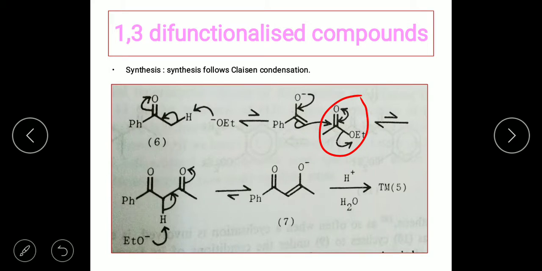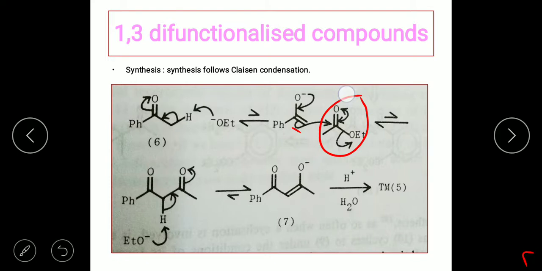Once the ethyl ester reacts with the enol form of the ketone, you can see this arrow mark, it is shown here in a correct way. The negative charge on oxygen moves towards the carbon-oxygen bond to form a carbon-oxygen bond, and the carbonyl double bond is broken to form a bond between the carbonyl carbon and the carbon of the ketone, that's the enol form. And then the movement of the electron goes towards the oxygen.